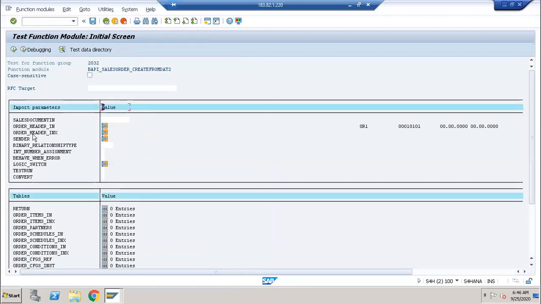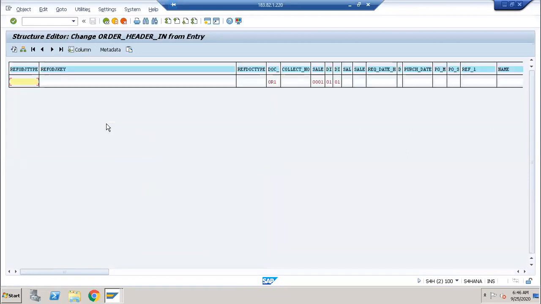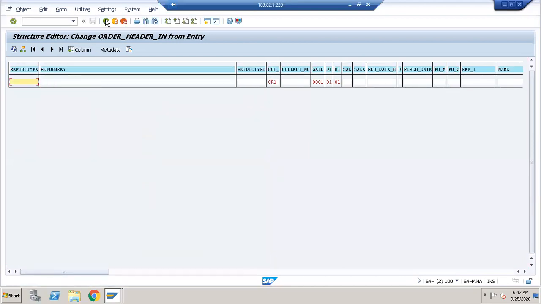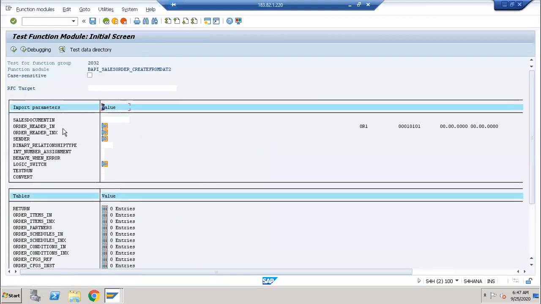I'm filling some data in the order header IN, right? How many fields are we filling here? I think four fields only: document type, sales organization, distribution channel, and division. The same fields will be available in the order header INX also.